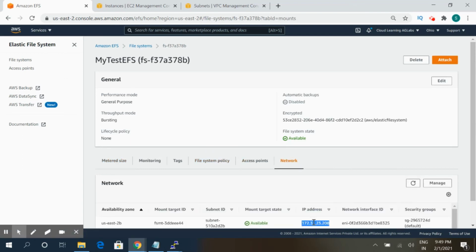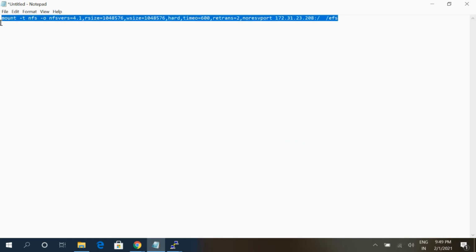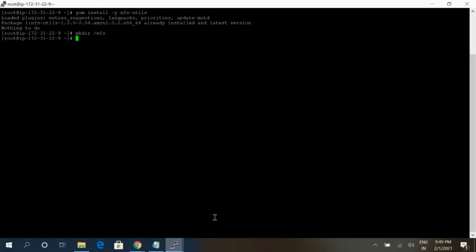We'll put this here and run it on one of the servers. Pasting the command which we have there, this is the command, and we'll run it. So it's now mounted.